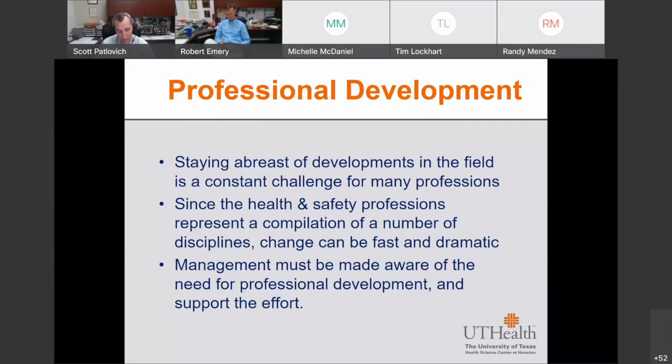And a great example is during this COVID-19 pandemic situation. The information about what we knew about SARS-CoV-2 and COVID-19 was literally changing by the microsecond. And so all of us had to go above and beyond to keep pace with that change in information. Obviously, not everything changes that rapidly as we're learning about a novel pathogen, but certainly the developments in our field are usually swift, so we need to keep pace.